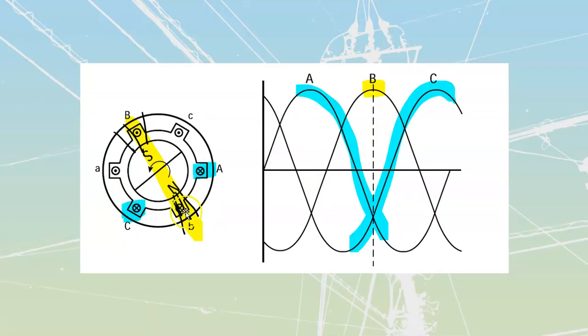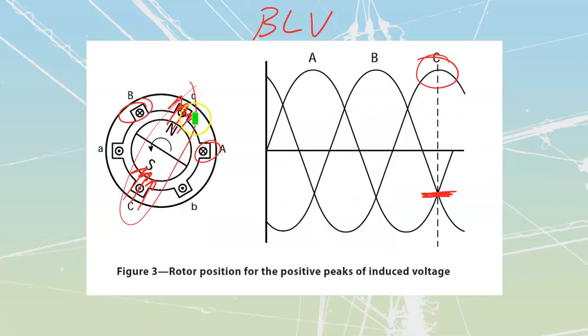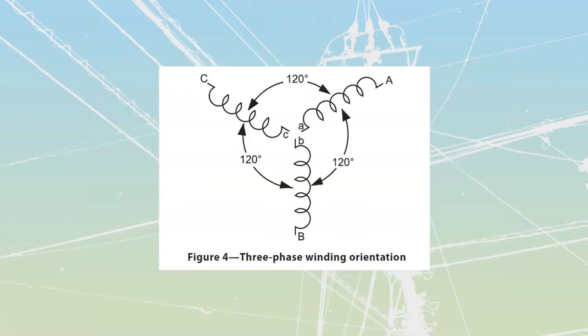I align my north pole with a lowercase b, which results in a positive B voltage. I align my north pole with a lowercase c, which results in a positive C voltage. So we're always looking at aligning this north, which is this lowercase letter. Now the letters are arbitrary in a sense, they're just put on there by whoever does the windings, but then we are going to make these connections to cause us to get a proper rotating three-phase voltage. And the way that we're going to do it is we're going to take these windings, and